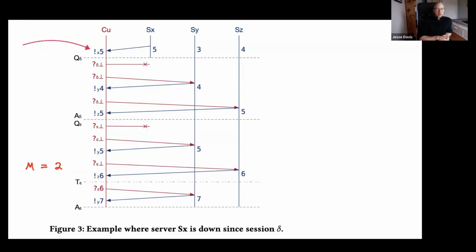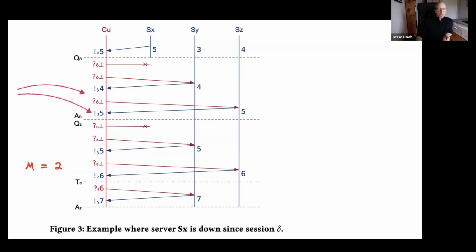And this memory that the client has is a new feature of the version 2.0 algorithm. So we start session delta. We get a 4 and a 5 from the servers we can reach, and we pick 5 as the timestamp for this session.